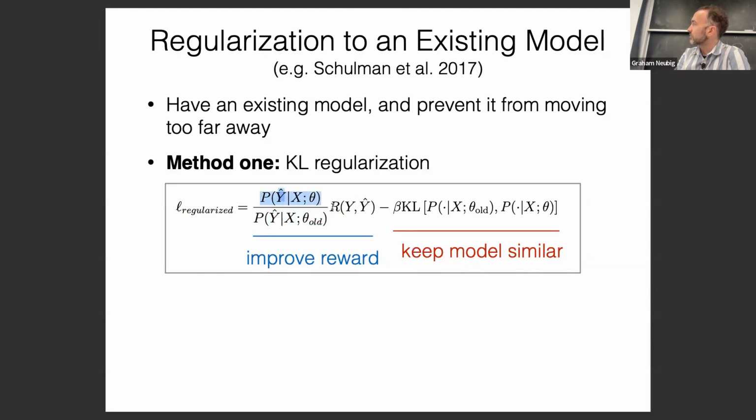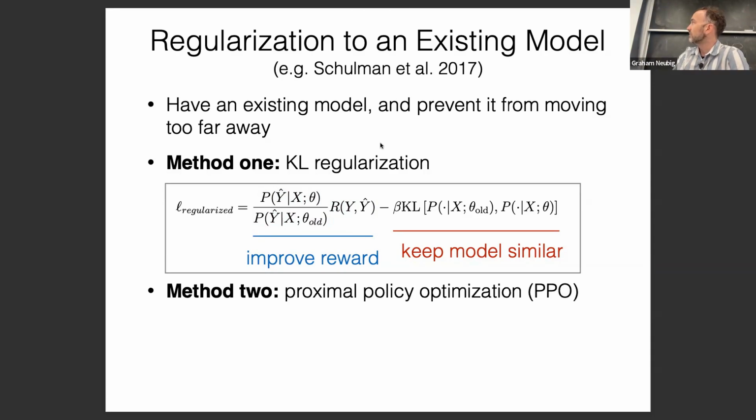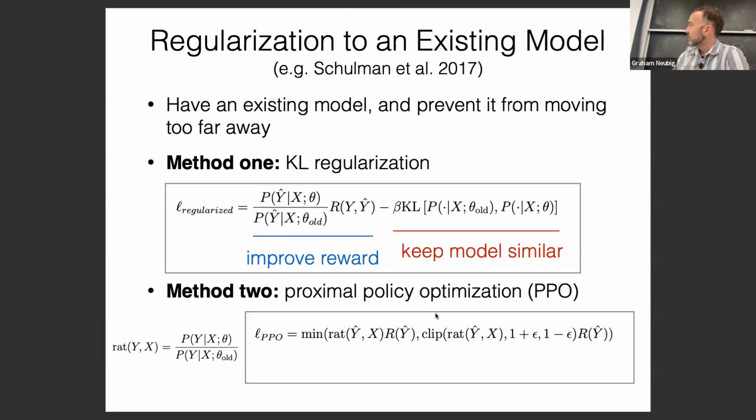So instead of just calculating the probability times the reward, we calculate the ratio of the probability of the reward according to the new model divided by the probability of the reward according to the old model. What this does is measure the ratio of improvement of reward. This is according to a method introduced by Schulman, and this was shortly followed up by something called proximal policy optimization, which has this ratio involved here. And the ratio is what I talked about up here.